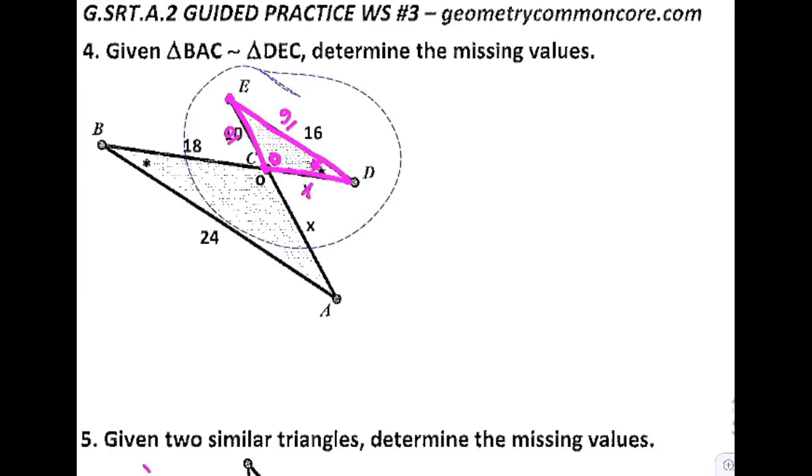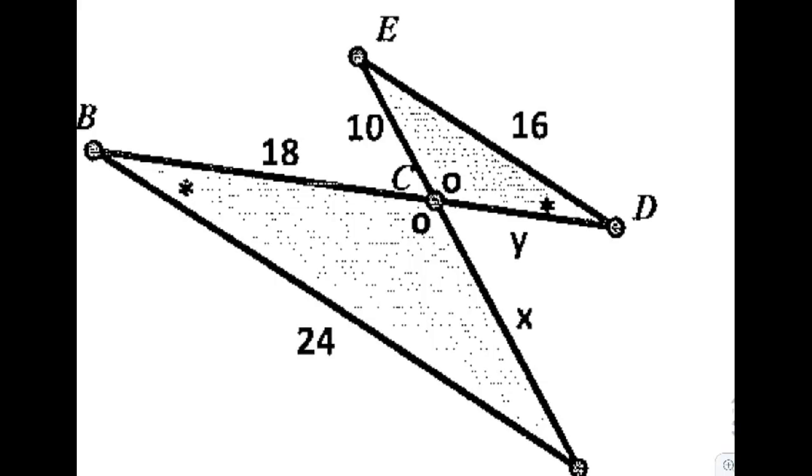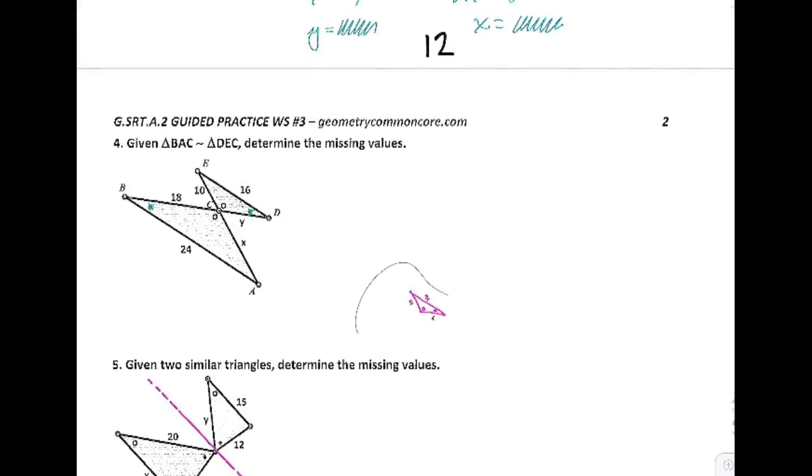Let me move this out of the way for a minute and just look at the picture here. Was this a reflection or a rotation, and how can you tell? Well, this little star that was down here is now over here. So it was not reflected. It had to be rotated. So because this is a rotation, I'm going to take this one,